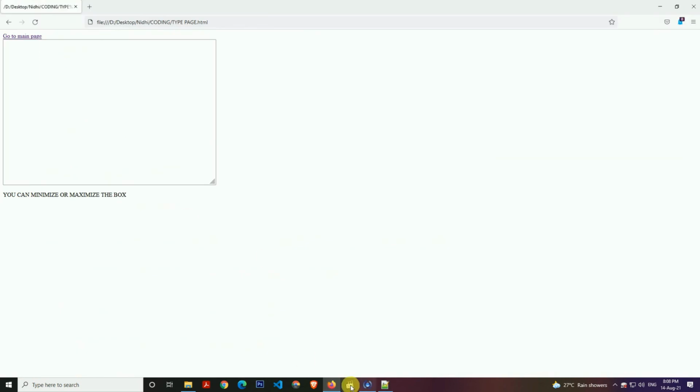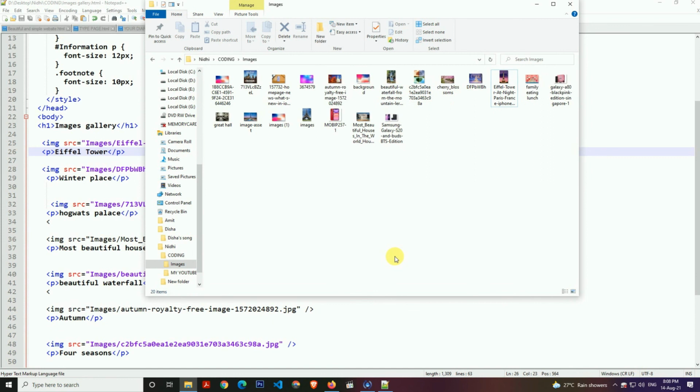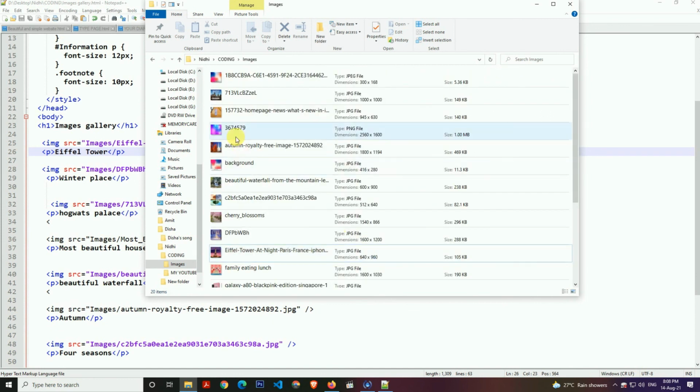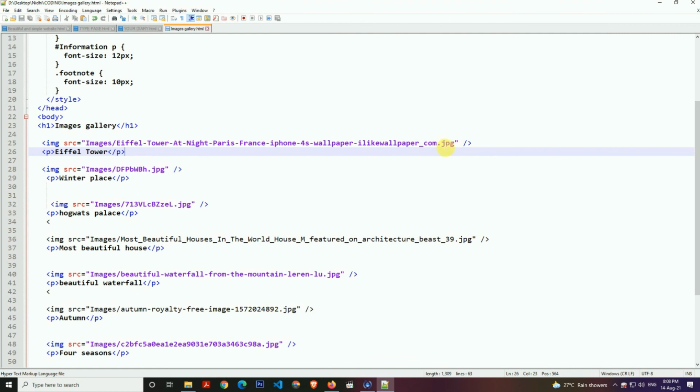Now see, as I can see over here, this Eiffel Tower, where is this? This Eiffel Tower is my JPG file. So therefore I have put .jpg and double quotes closed, and then this also will be closed, and our paragraph tag Eiffel Tower.